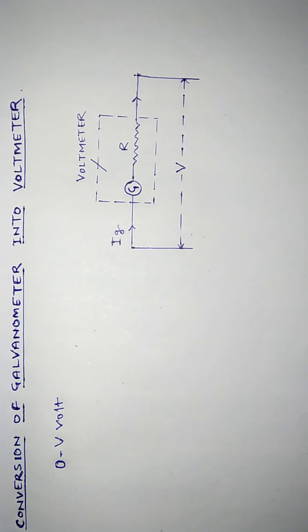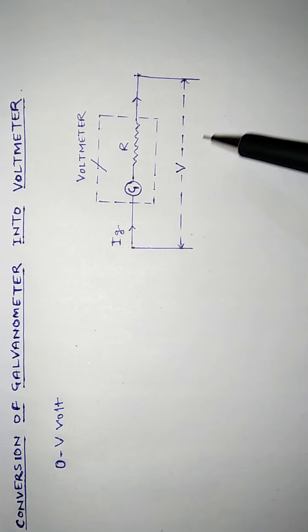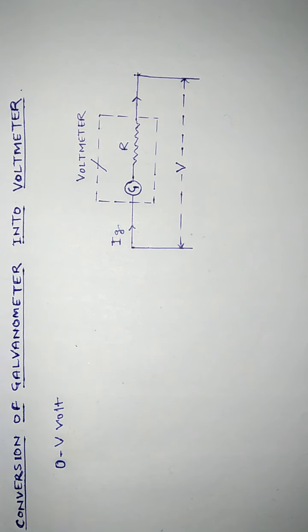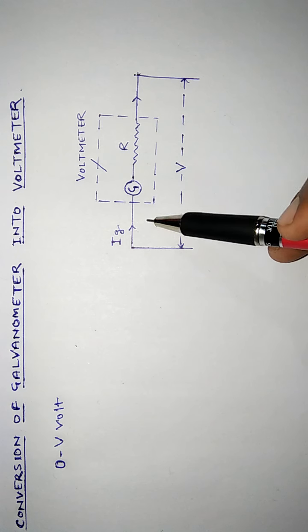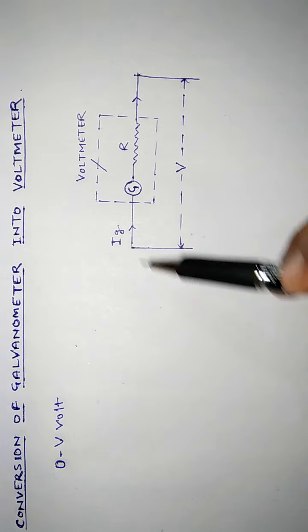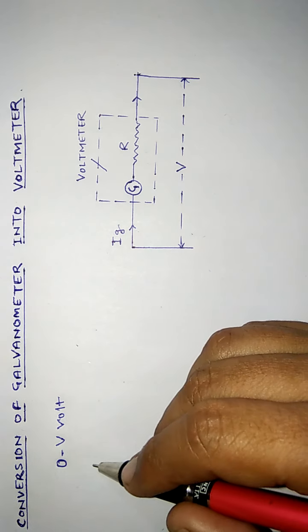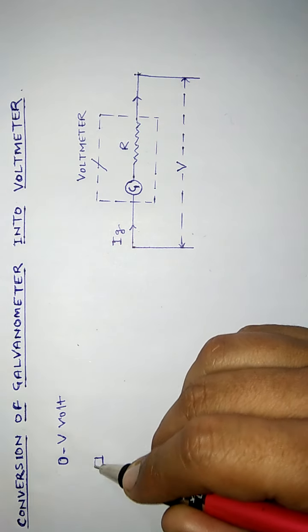If V is the maximum potential difference to be measured between 2 points, then the value of current Ig will be equal to